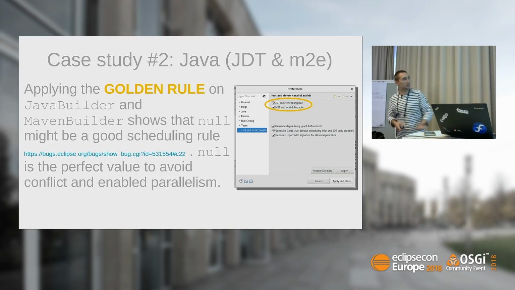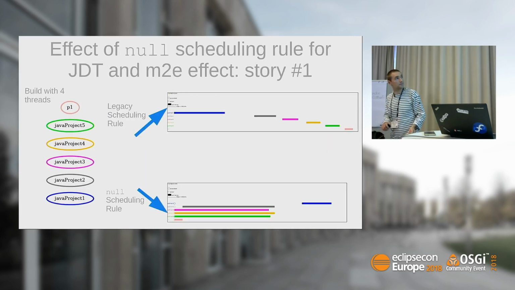And that's what we are currently doing in this bug. Write it down and put comments: 531554. In this bug, we are currently monitoring through different projects how this impacts the real build, the JDT and M2E builds, whether it causes issues, what is the gain in performance, with the hope that at some point we feel confident that we can make the switch once and for all without taking risk. But we are not there yet. We are still in this process, and your help is really welcome. But still, we have a way already to set those scheduling rules to null. And the effect is obviously positive.